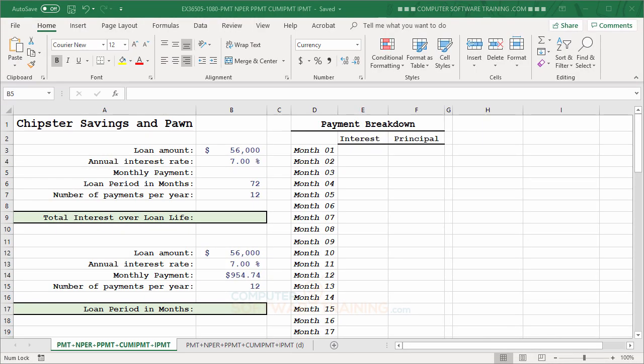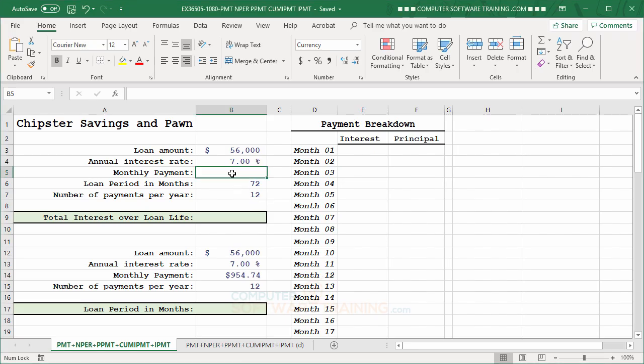Okay, so we're going to look at some of the more popular function formulas that are used when it comes to principal and interest type payments and calculations, things like that. So we're going to start out first of all with the monthly payment, this one right here. As you can see, we have a little table set up here where we have the amount that we want to borrow, our yearly interest rate, how many months we want to take the loan out for, that type